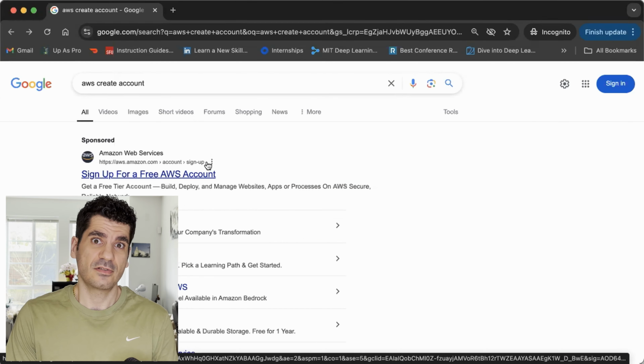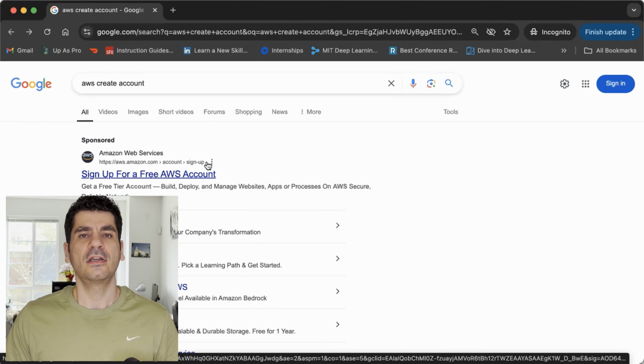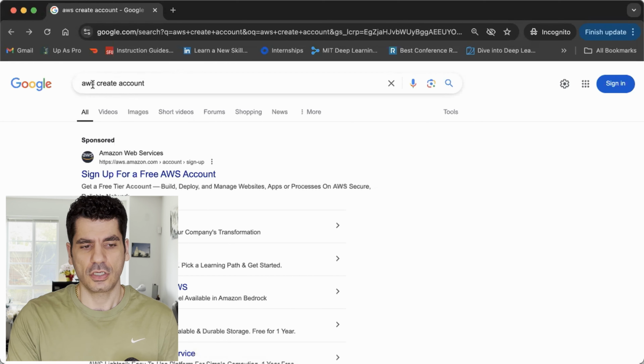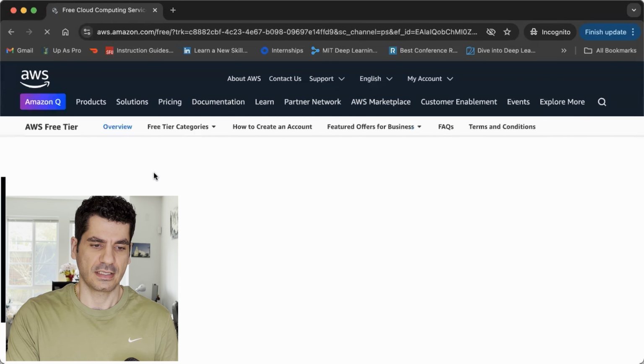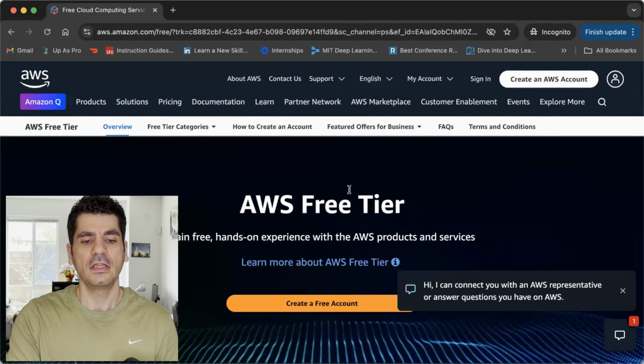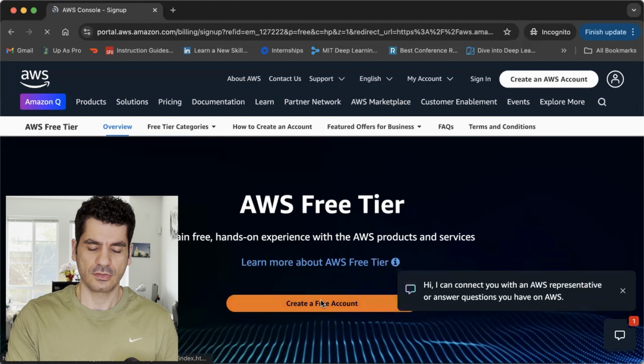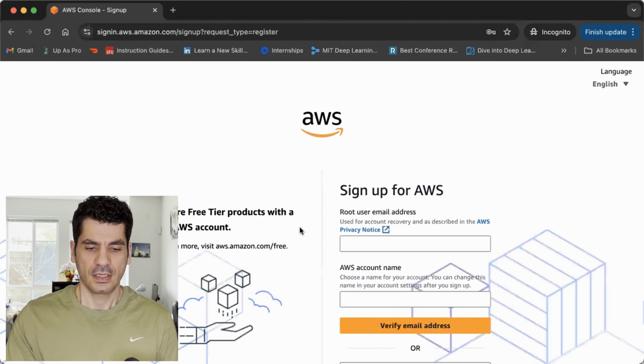If you already have an AWS account, you can simply move on to the next chapter. But for those who don't have one, you just go to Google, search "AWS create account," and choose the first result. Here we talk about the free tier. We'll talk about that. You click on create free account, and then